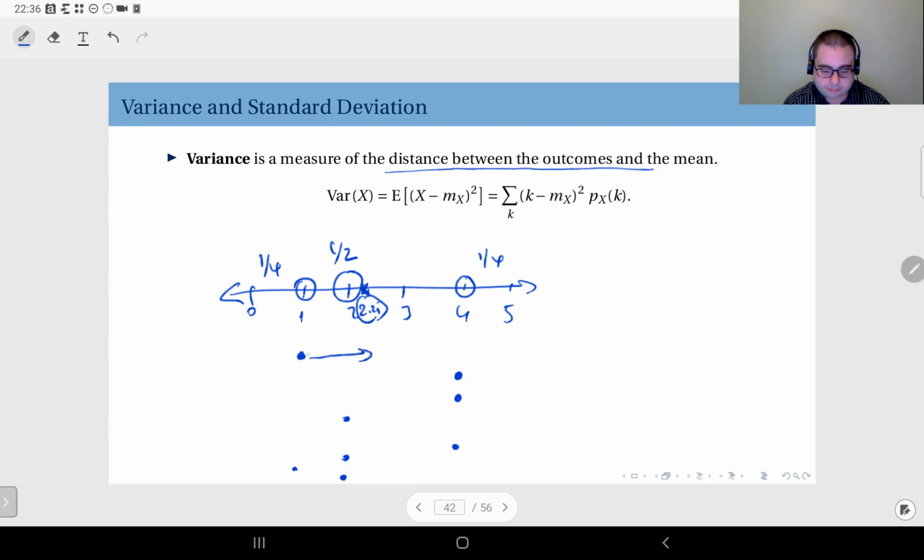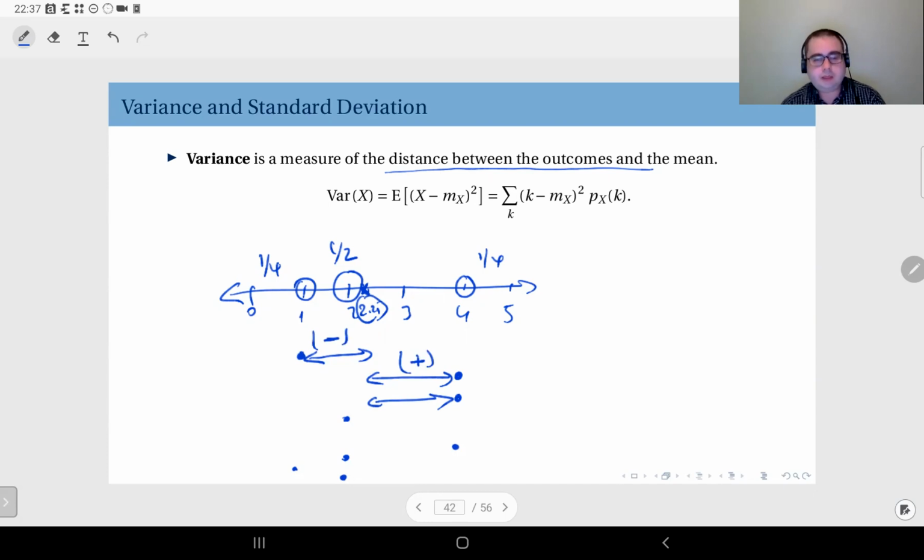This is the distance for this outcome, and this is the distance for this outcome, etc. But if you actually subtract the mean from each outcome, the average will be 0, because this distance will be negative, this distance will be positive, and on the average they will cancel each